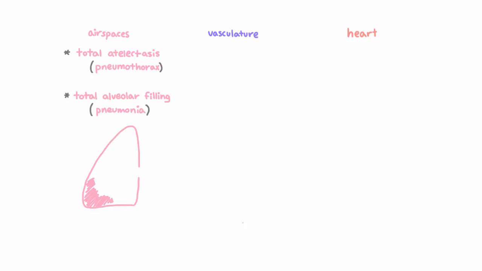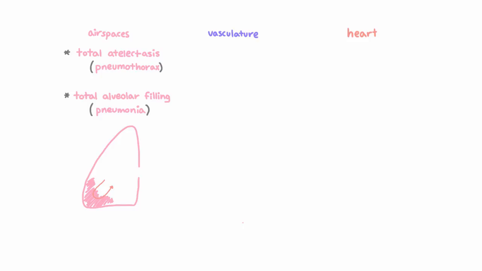number of disease processes. Total atelectasis, which you can see with a pneumothorax, or complete alveolar filling, which you can see in a severe pneumonia, both cause shunting by complete elimination of alveolar ventilation in some area of the lung that's still receiving blood flow. Hypoxic pulmonary vasoconstriction is going to reduce perfusion to these lung regions, but blood flow is not completely eliminated, so